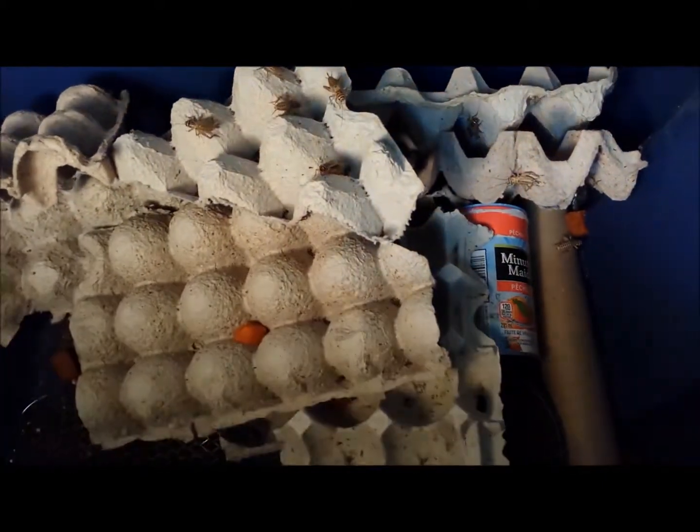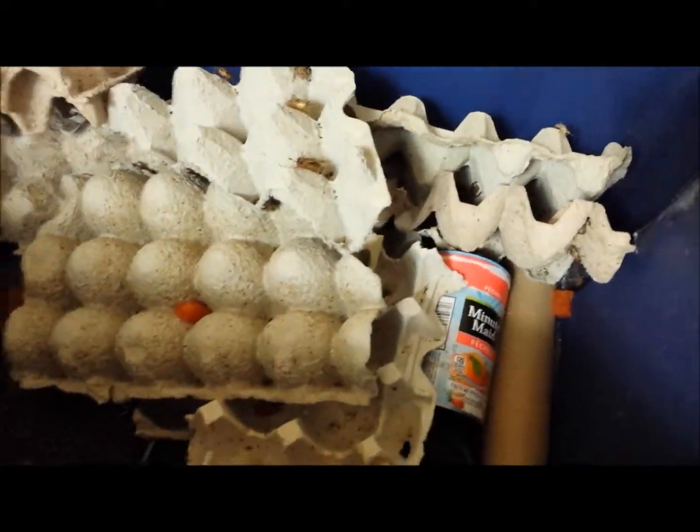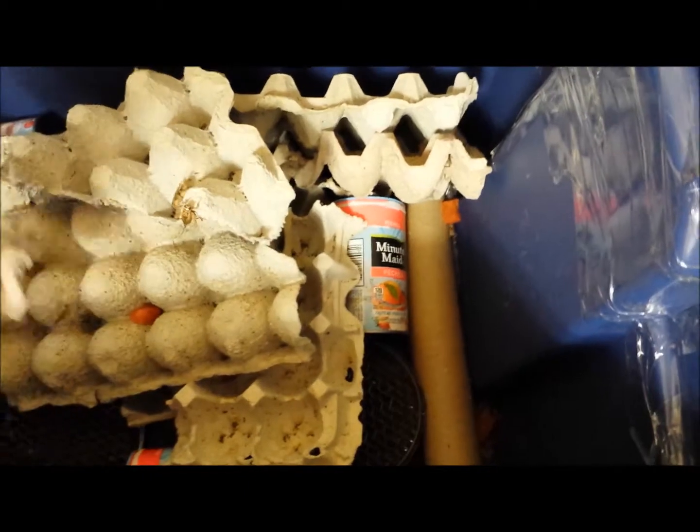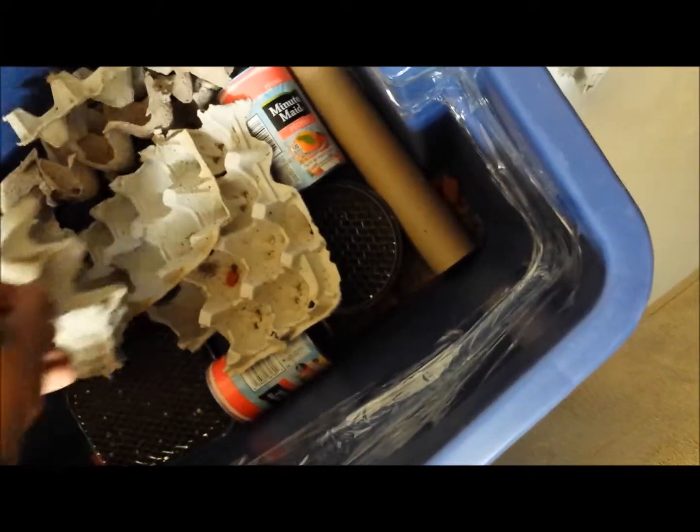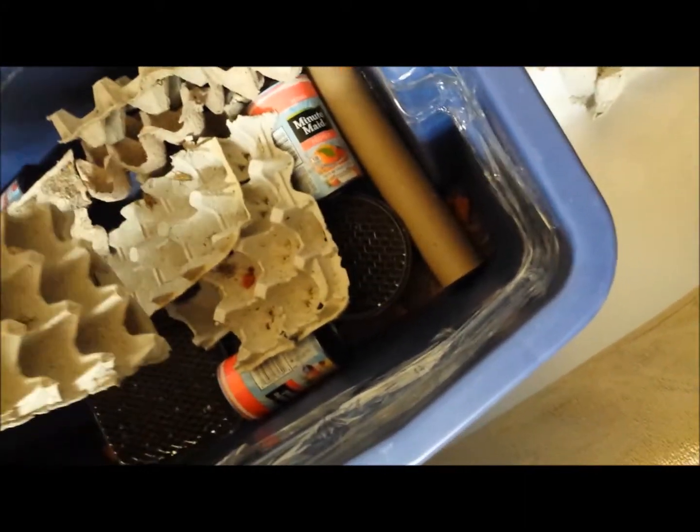If you find that after a while they're not going into the dirt, they're just climbing up here, just shake them off, take them out for a bit. It's kind of mean, but you gotta do what you gotta do. There's enough on that one. Try not to shake them too hard because impact could kill them. They are just crickets, but